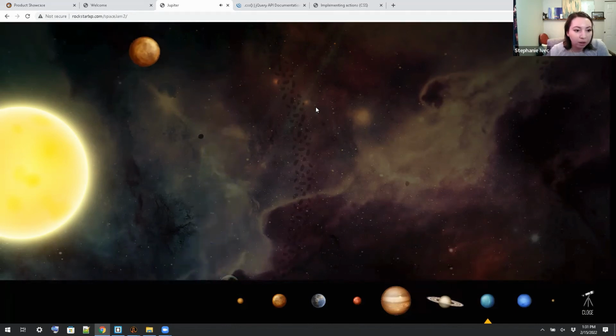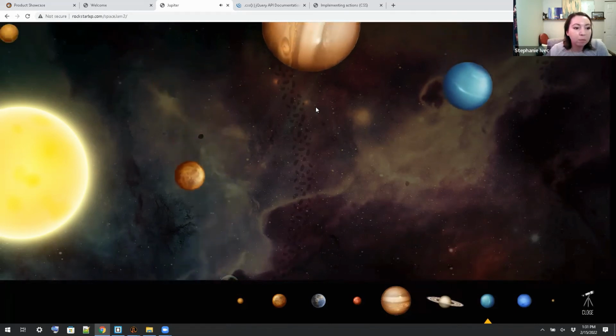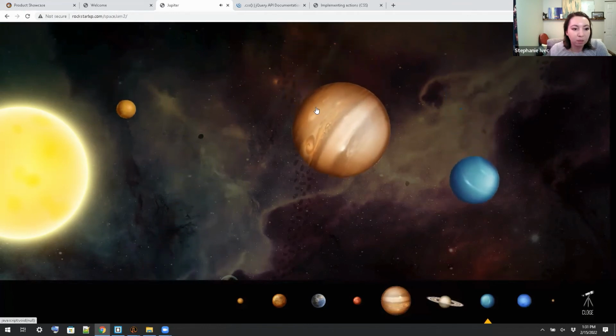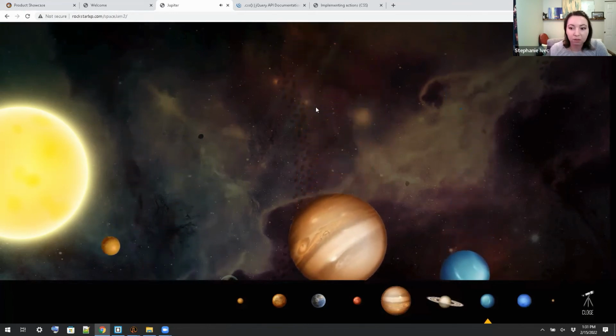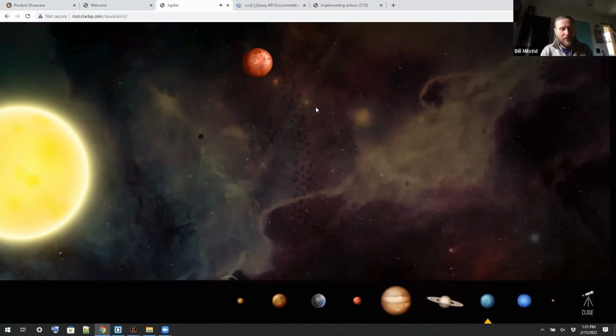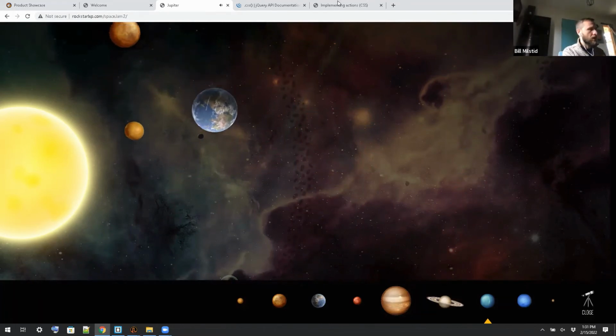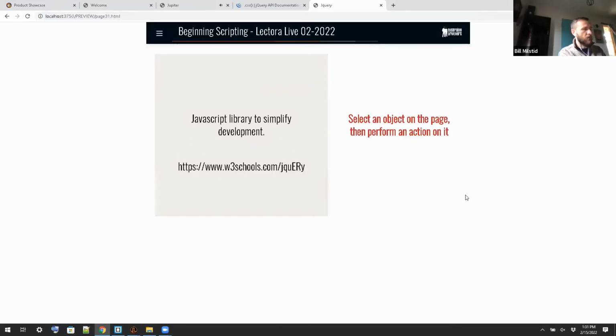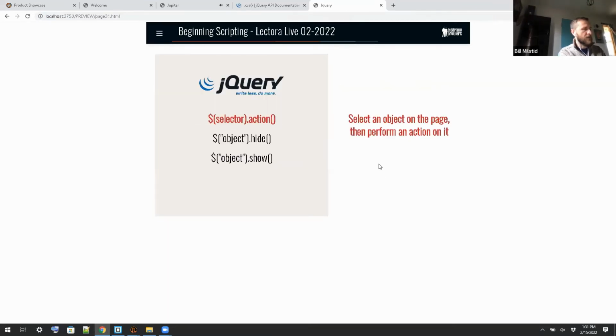For jQuery, does using jQuery require page headers to contain a string that pings a jQuery website? So I actually was planning on going a little bit more into that originally, but the short answer is you could, but you don't have to. In Lectora, if you were to go in and just run a standard jQuery statement, it's not going to work unless you add something into your header tag. So just the $ selector